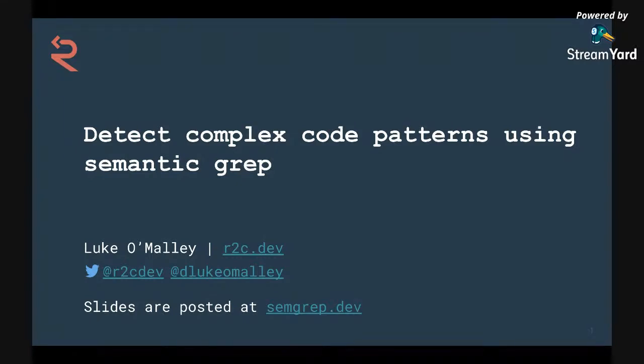Today's talk is about Semgrep, an open source tool for finding patterns within source code repositories. It was developed by R2C, or Return to Code, a security startup that focused on integrating security into CI/CD